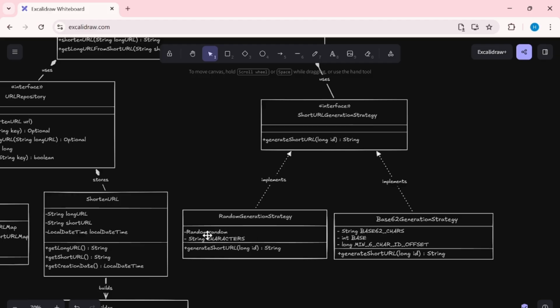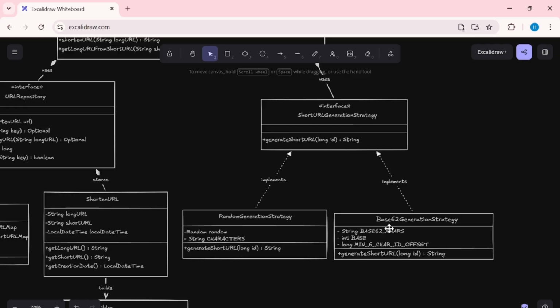It will have these two attributes, basically the character string and the instance of the Random class. And as I mentioned, this is an interface, and the responsibility of the concrete implementations would be to define this logic of how to generate the short URL for the particular value of the input parameter ID getting passed